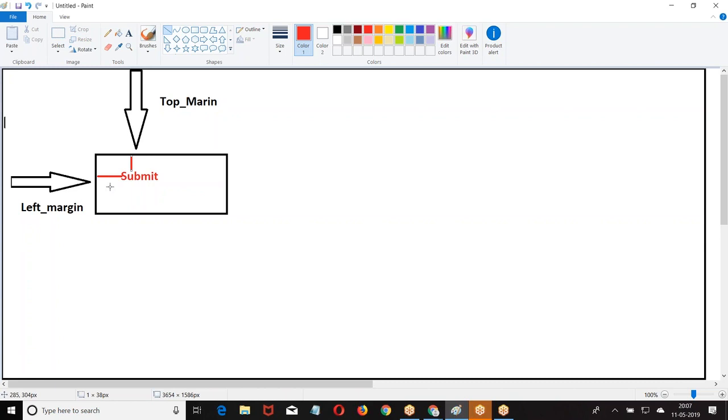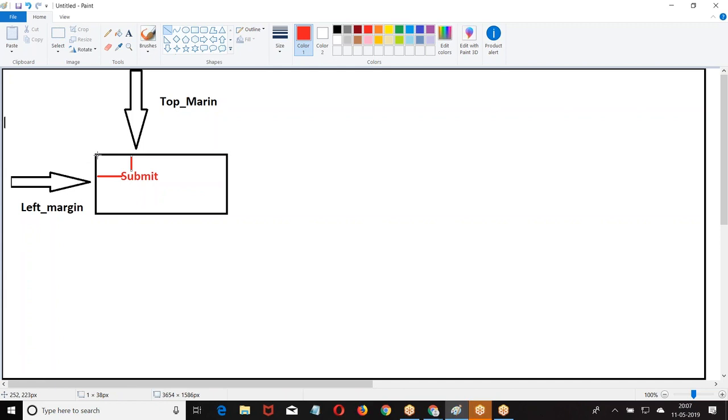Within the element, whatever you are trying to print, that may be a button or whatever it is, everything is going to be printed here. If you want to give a space and print it, that is called padding. The gap between the border and the element is margin.